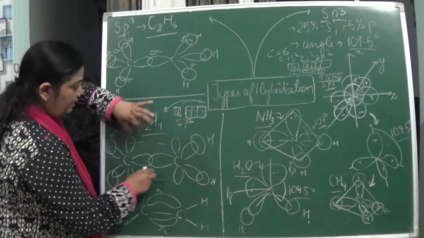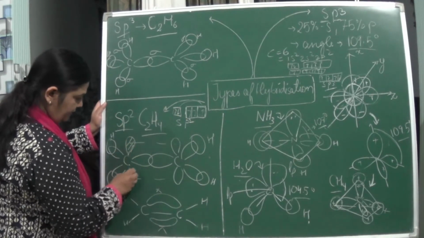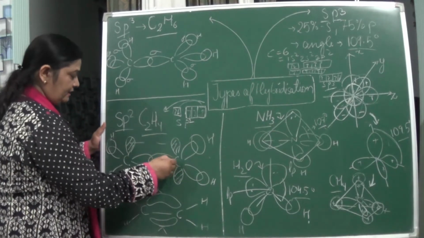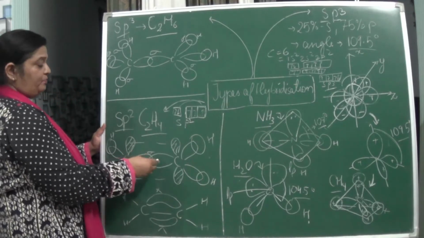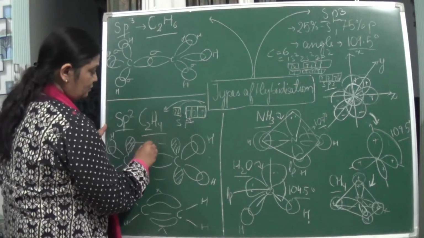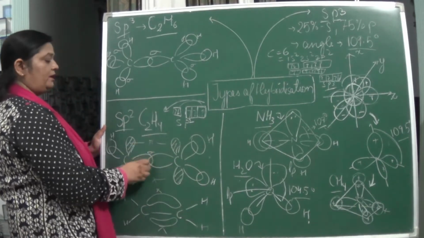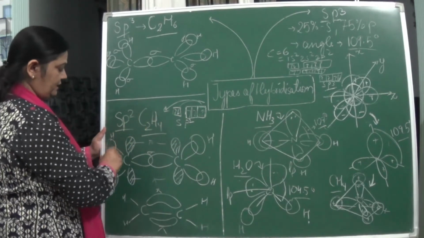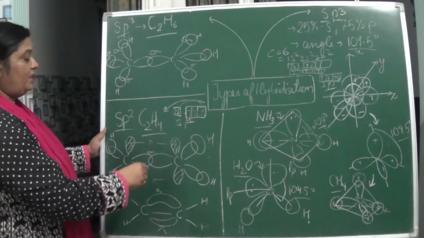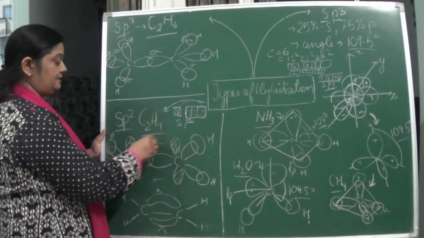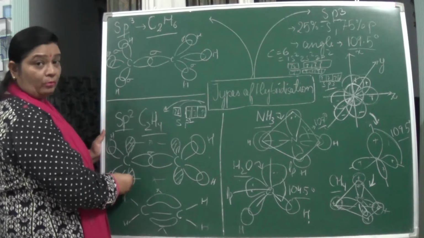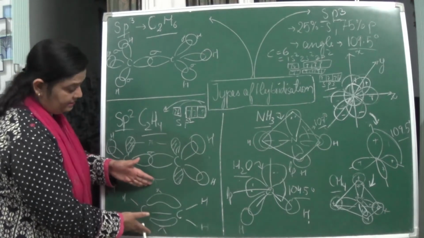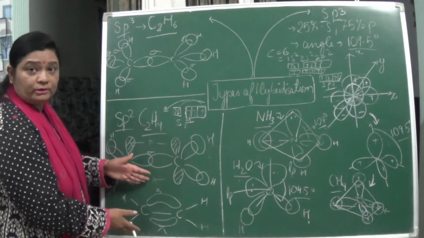So naturally the unhybridized orbitals are there. If it is present in this manner, there is a sigma bond, isn't it? This is a sigma bond, it will form a single bond, but as soon as this pi bond is formed, you can see it gets a double bond. Here you can see the 2 hydrogens being attached over here with the hybridized orbitals, and the unhybridized one is remaining as it is. As a result, a bond is formed. That bond is the pi bond, thus forming the double bond, and the structure comes like this, which I have explained to you in the pi bond and sigma bond.